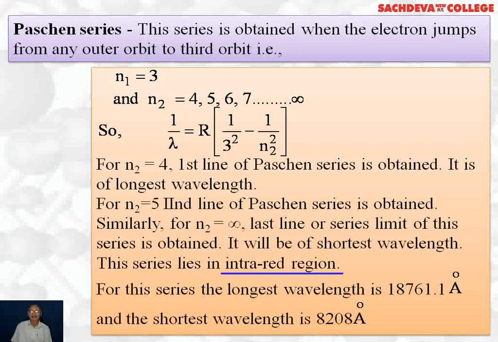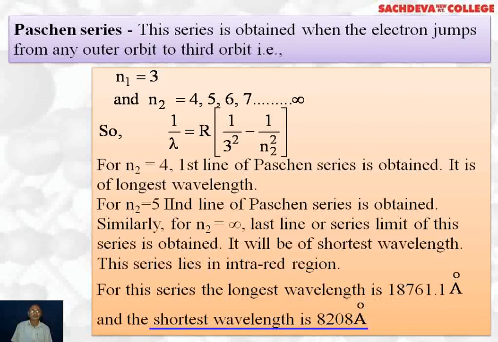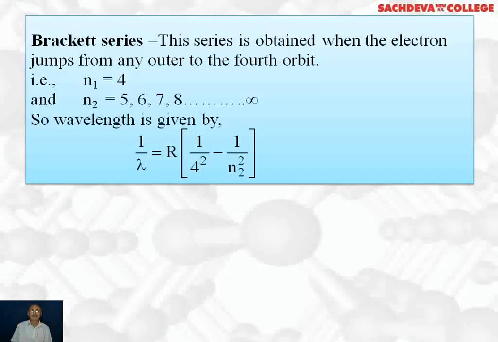This series lies in infrared region. For this series, the longest wavelength is 18,761.1 Angstrom and shortest wavelength is 8,208 Angstrom. Brackett series. This series is obtained when the electron jumps from any outer to the fourth orbit. That is, n1 is equal to 4, which is fixed. n2 will be 5, 6, 7, 8 up to infinity. So the wavelength is given by 1 over lambda is equal to Rydberg constant into 1 over 4 square minus